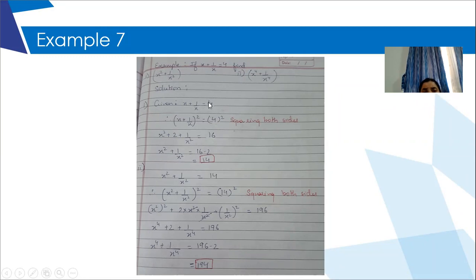Similarly, all things of the right side inside the bracket and then put a single square outside the bracket. This is the meaning of squaring both sides. Both sides means left side as well as right side. Squaring means the complete left side to be put inside a bracket, whether there are 2 terms, 3 terms, 4 terms, whatever. Similarly, complete right side inside a bracket and then put a square.